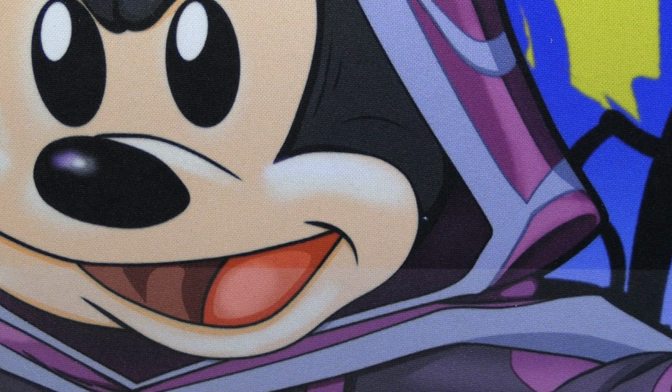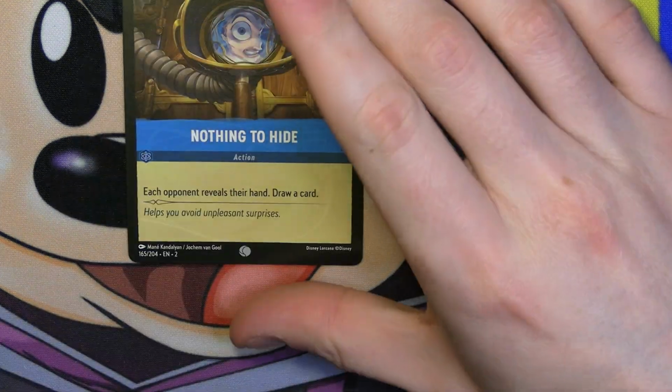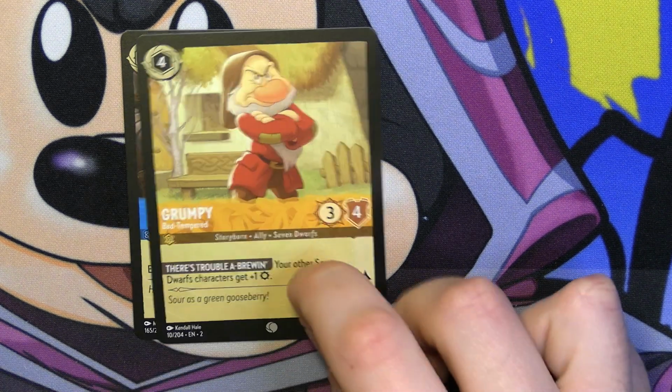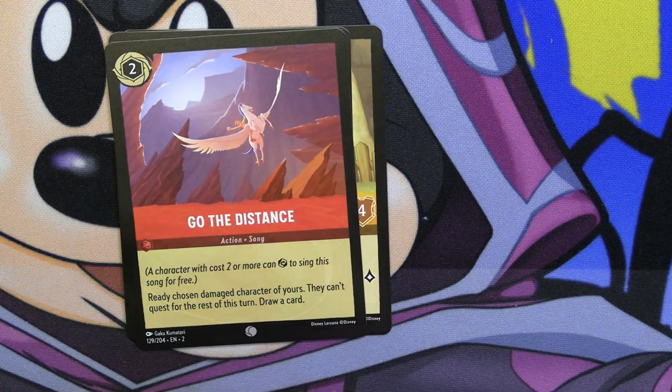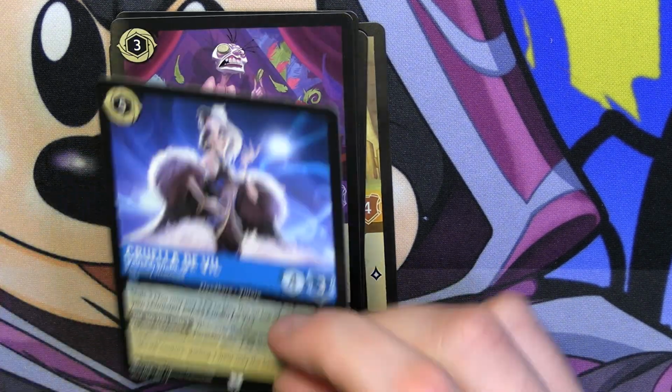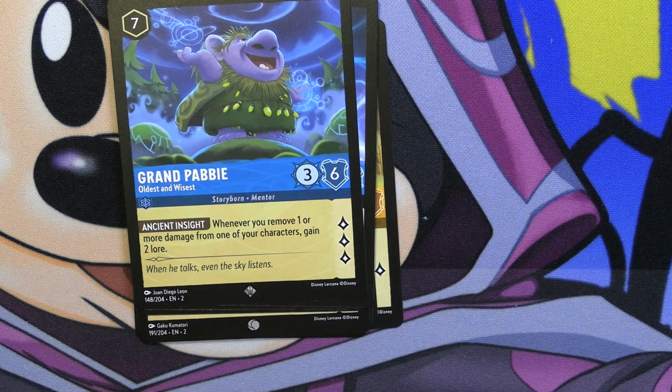Alright folks, so here it is, the last pack for Lorcana, Rise of the Floodborn. Hey, we started with a Nothing to Hide, how about we end with a Nothing to Hide? Grumpy, I'm Stuck, Going the Distance, Radigan, Prince Naveen, Bucky, Yzma, Cruella de Vil, Grand,